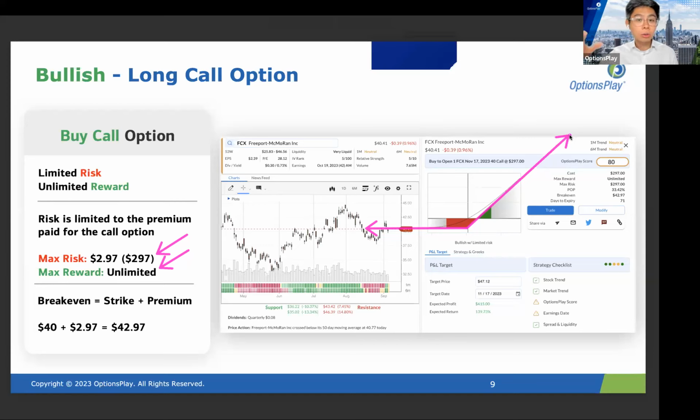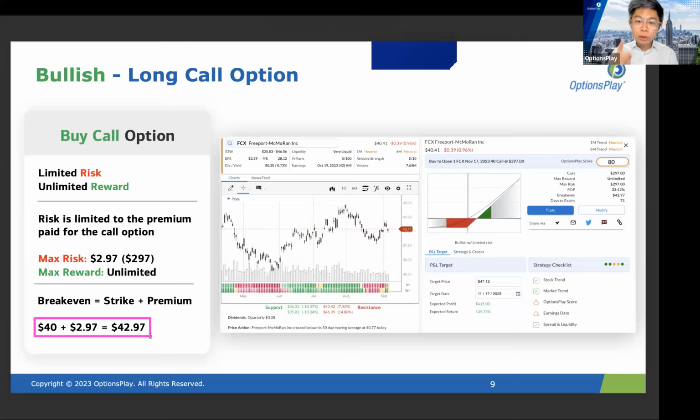So the higher the stock goes, the more profit I can potentially make. That's the unlimited profit potential that I get with that call option. And the important number to remember here is the break-even price. Because I had to lay out cash to buy this premium, I'm paying $2.97 per share, and the strike price at which I'm allowed to buy the shares is $40. My break-even price is